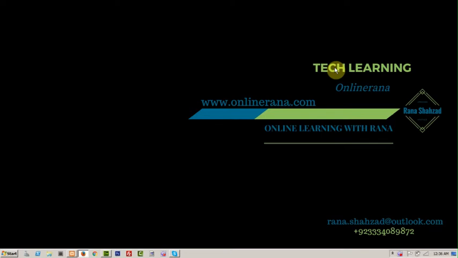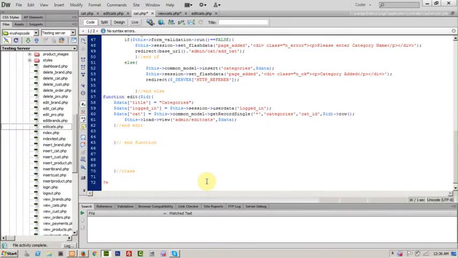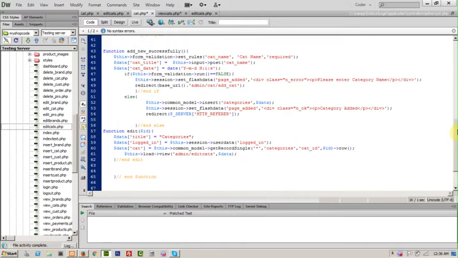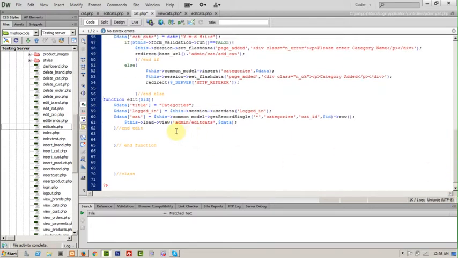So in the previous lecture we were facing a page not found error. I guessed it might be a cache issue, but I found it. It is not that. We made a mistake: we created the edit function under the already existing add new successfully function, so that's why it's not accessible. So I did all the things,